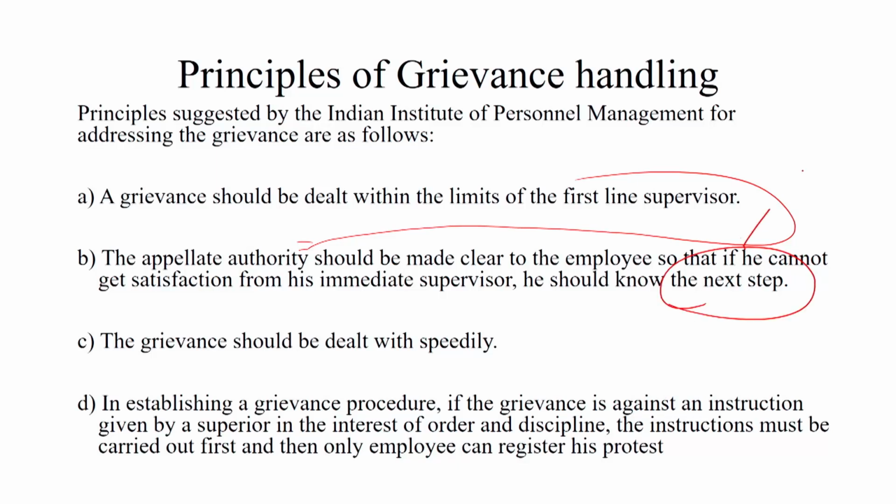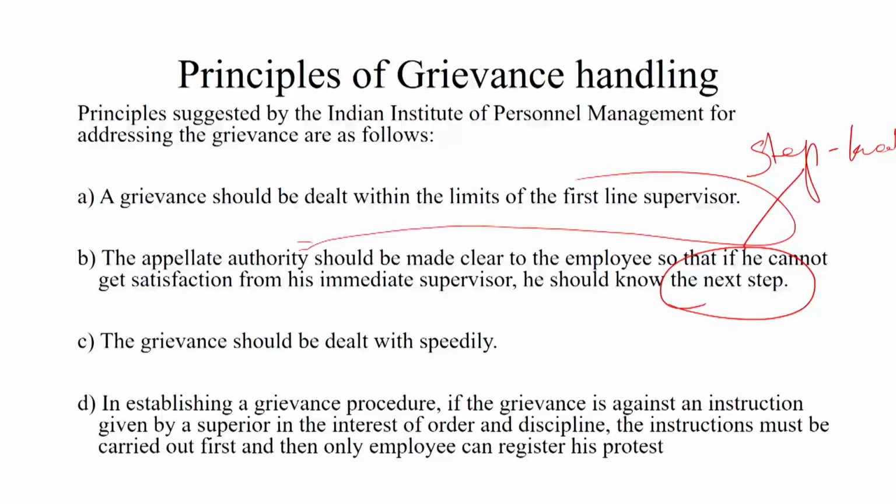Now, grievance procedure is also a step ladder procedure that I'm just going to discuss in a few minutes from now. The grievance should be dealt with speedily. This is very important. Like if anyone feels hungry, the person feels that okay, I should get the food immediately, only then he can satiate his or her hunger. In a similar fashion, if the decisions are delayed or if justice is denied to the workers, then definitely it can increase the frustration level of the people, which will eventually get reflected in the productivity of the company.